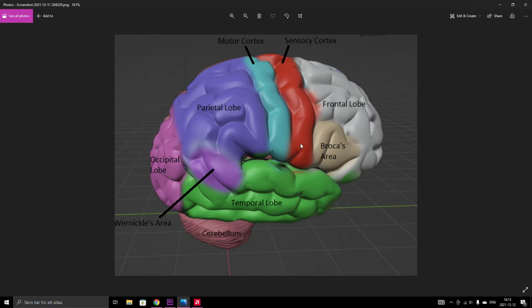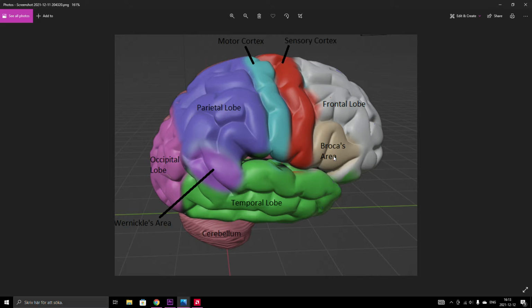The sensory cortex, responsible for receiving and processing sensory information from across the body, like touch, temperature, and pain. The motor cortex, this portion of the brain generates signals to direct movement of the body. And then we've got Broca's area,